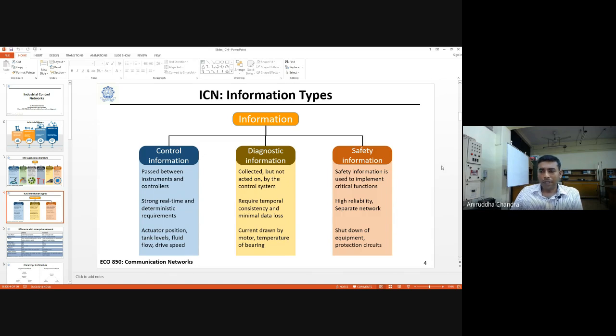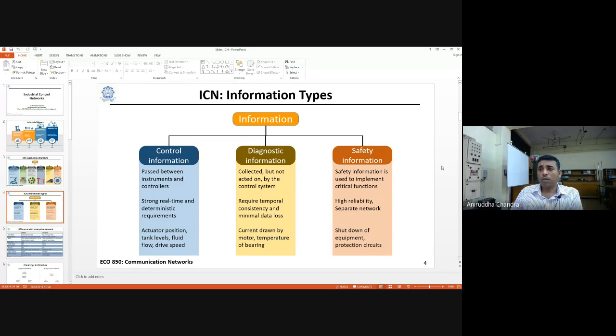Well, what they mean is that most of the time they don't have a real-time requirement. Like if you need to update the database, it does not have to be right now, maybe after a few milliseconds, it's fine. But they require a small amount of data loss, so that it should be recorded accurately. And finally, we have safety information. So the safety information is used to implement critical functions. That's just what I said, like a carbon monoxide breakout or something. Now they require very, very high reliability, because if you are going for a false trigger, then it's obviously not good for an industry. And as they need high reliability, sometimes they are realized with an altogether separate network.